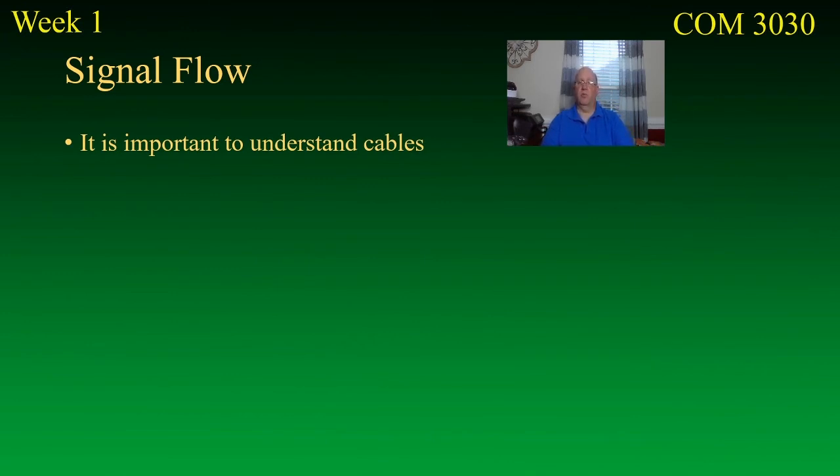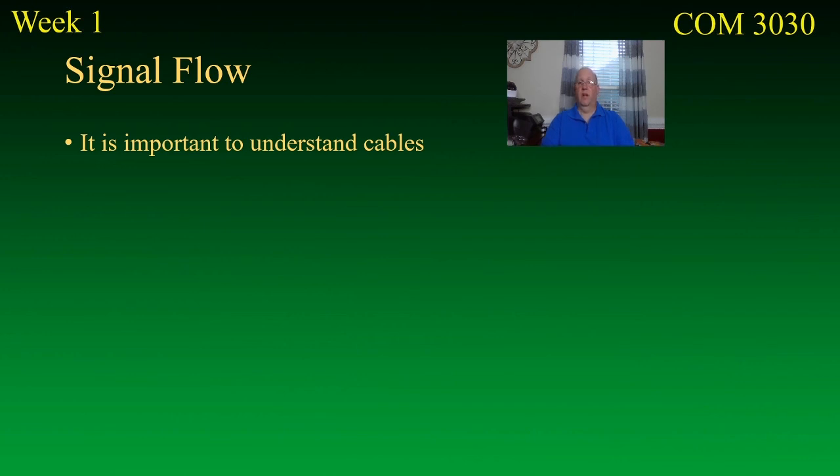It used to be more important to understand the order. It used to be that signal flow was complicated enough that you could get the order wrong. Let me give you a quick example. Let's say you got a camera and all it's doing is putting out a video signal. It's not doing anything else. And let's say you got a video recorder and you got a monitor. It is possible to run the signal from the camera to the monitor and then from the monitor to the deck. Why do you think that might be a bad idea?